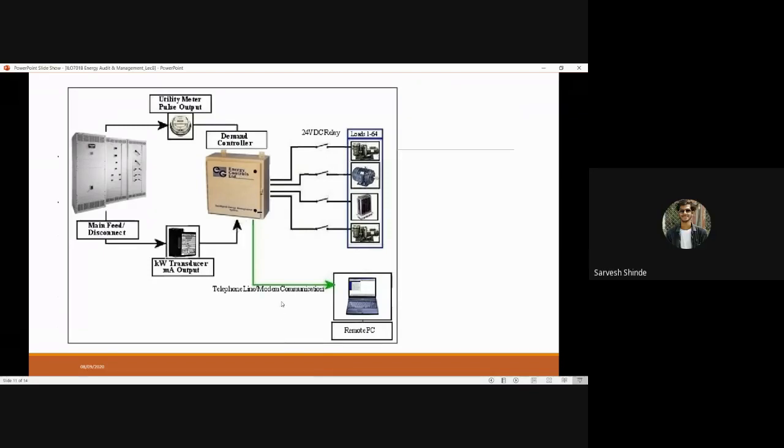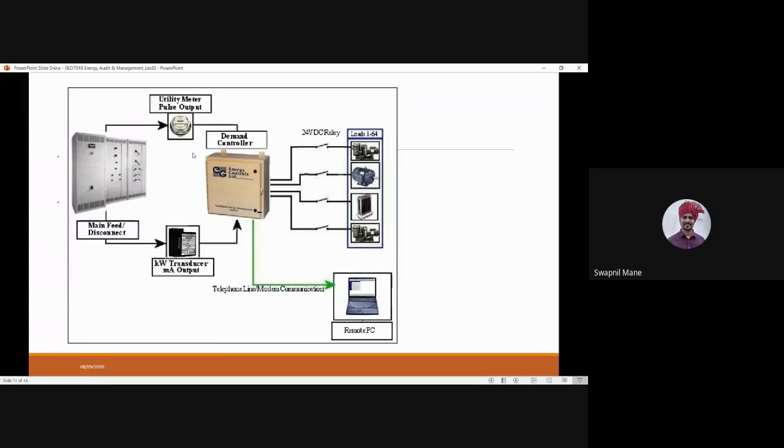Yes, sir. Right. So the maximum demand controller will sense that with the help of the pulse meter. It will try to shut down the utilities or lower their consumption by sensing whether it is crossing the contract demand or not. We have to feed in the value: this is my maximum demand, it should not go higher than that, because there is a huge penalty for crossing the maximum demand limit.